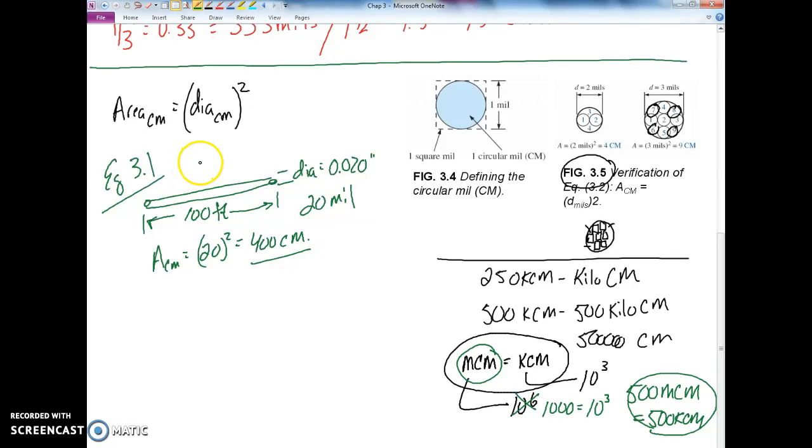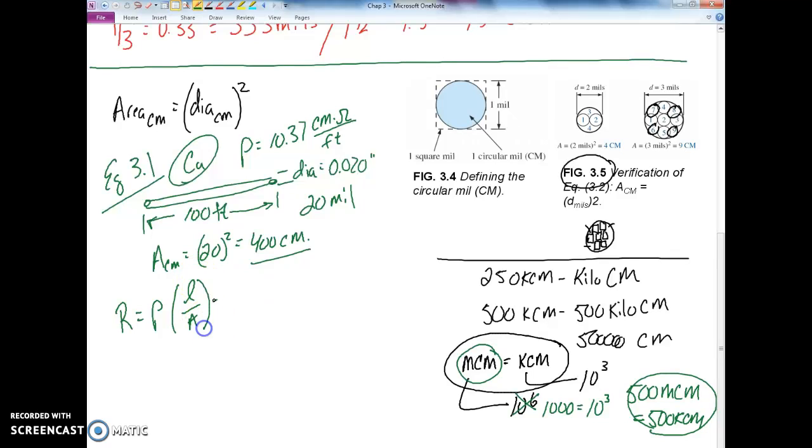It did say that it's copper. By the way, I abbreviate copper quite a bit as Cu, and that means that if it's copper, then rho is going to be equal to 10.37, and the units are circular mil-ohms per foot. The resistance of that 100-foot piece of copper, that is 20 thousandths of an inch in diameter, would be rho times L over A, or 10.37